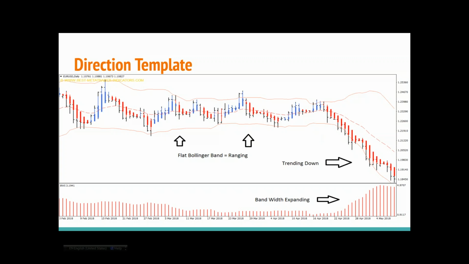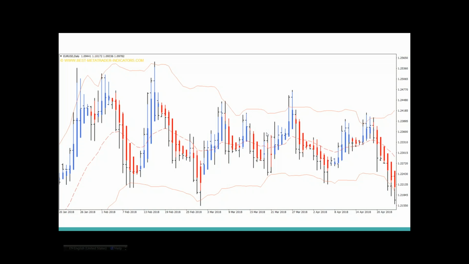And of course, sometimes it doesn't really follow those two. It's not ranging or not trending. People would ask, what do you do over there? And I'll say, you don't have to do anything. And in trading, the majority of the time you're waiting anyways. So now let's look at a few examples.